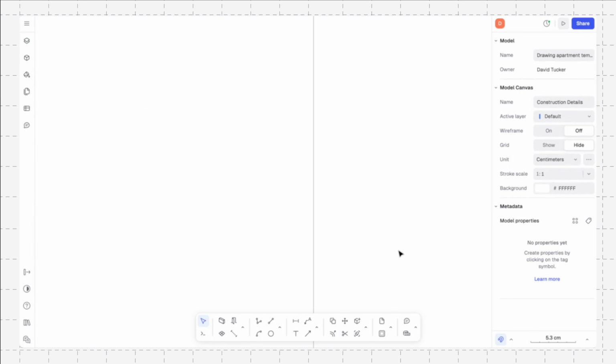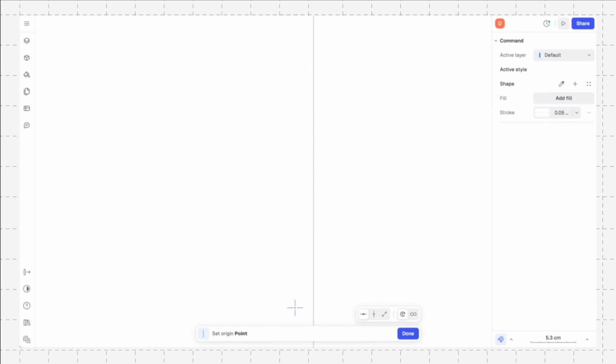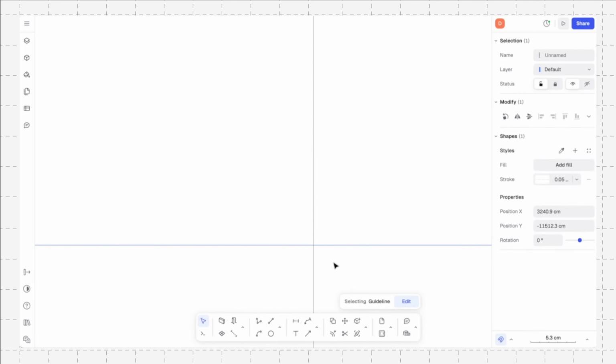Okay, let's start by drawing a foundation detail. So we're here somewhere on the blank canvas, and I have one grid line set up, and this is going to be the inside of my concrete. I'll show you how to make a grid line. You can push the shortcut G, or you can go here and click guideline. You can choose between a horizontal or a vertical or a free guideline. I'm going to just put one anywhere I want here, and that's sort of going to be our 0, 0